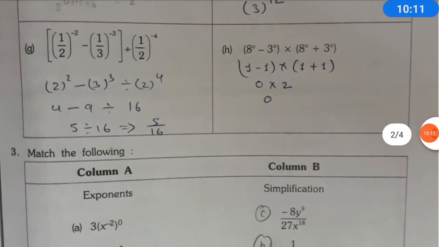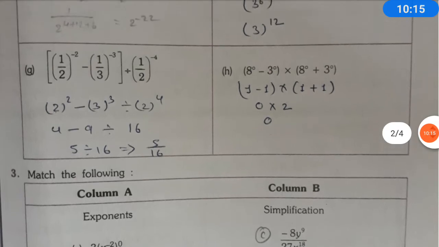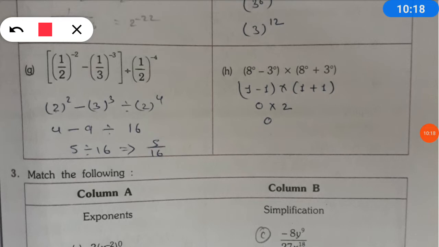Okay, this is a very simple chapter. You can study with your own also. Okay, next we are having the question G part. In this G part we are having